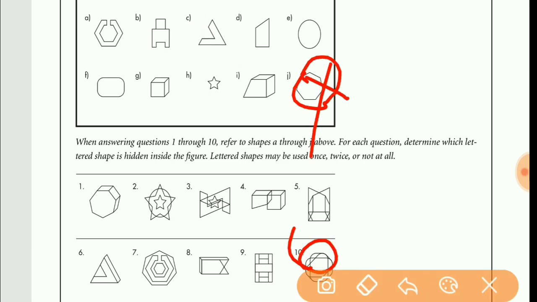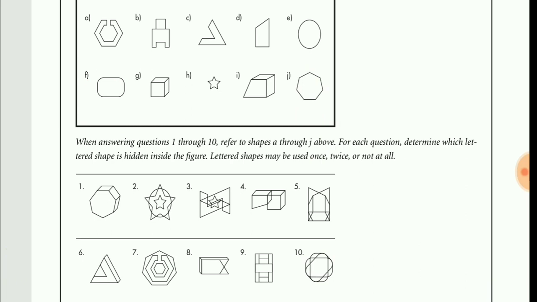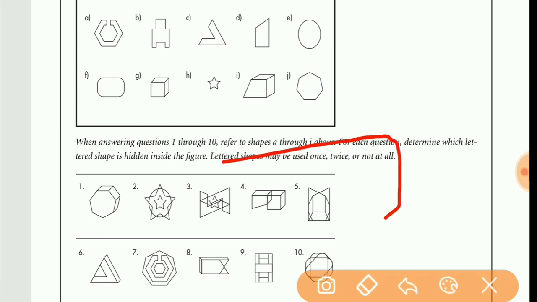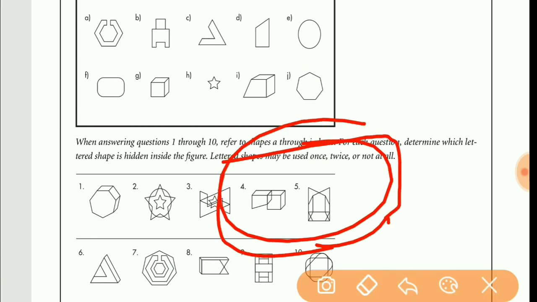No, this figure is not it. The figure that comes is this. Okay, you can solve the given problems very fast and easily,